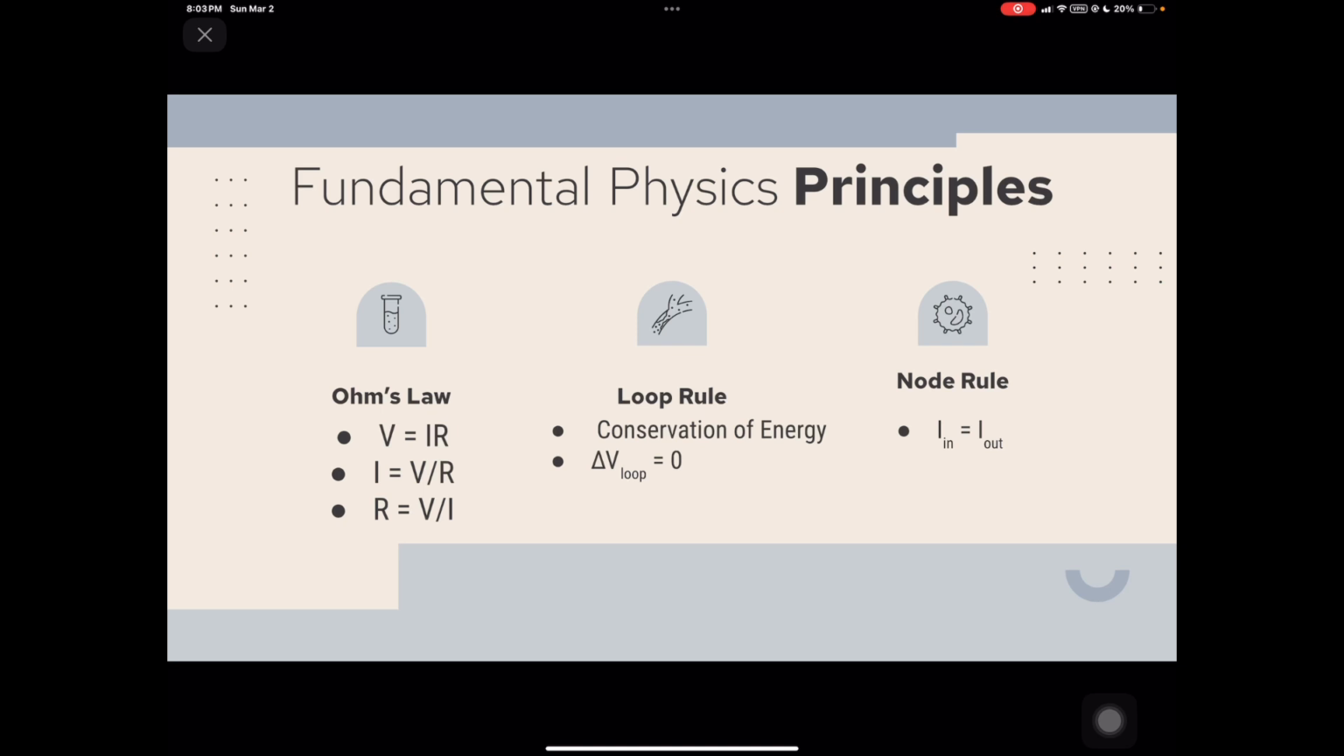The physics principles used were Ohm's law, which states that voltage is equal to current times resistance; the loop rule, which is just an aspect of the conservation of energy, and it says that the change in potential is equal to 0 for a loop; and the node rule, which says that the current flowing into a node will be equal to the current flowing